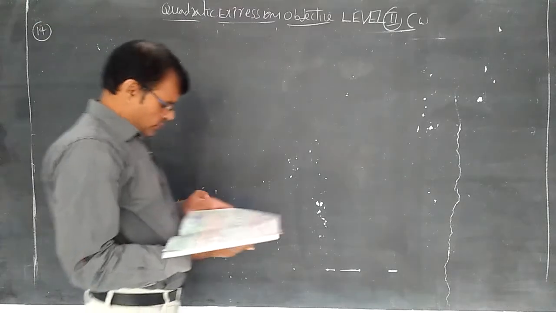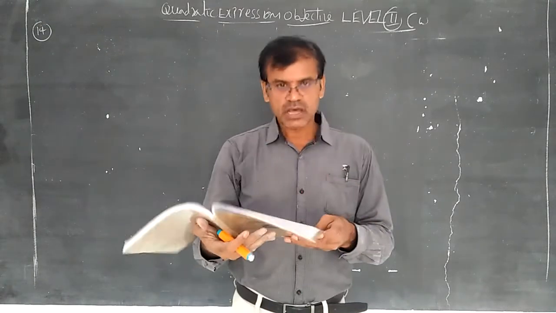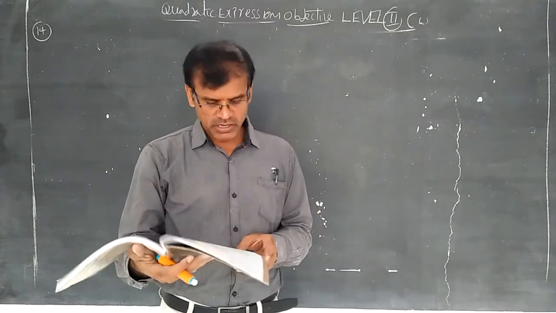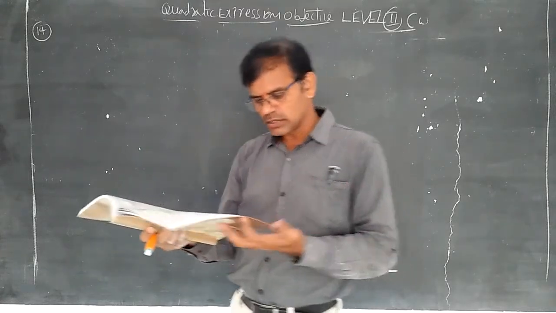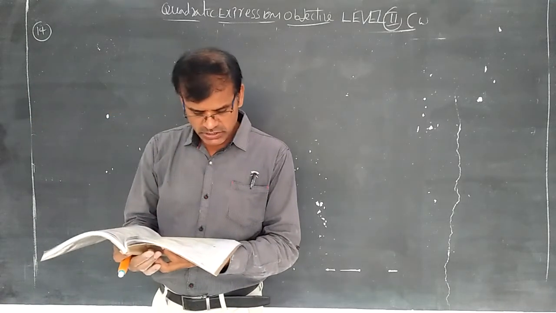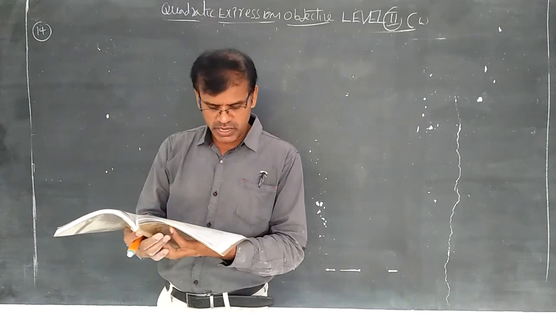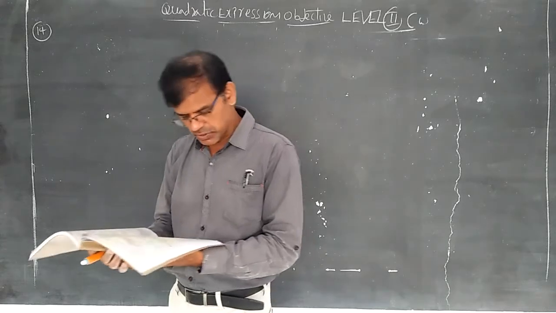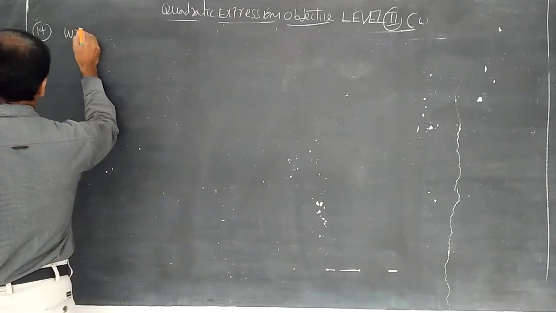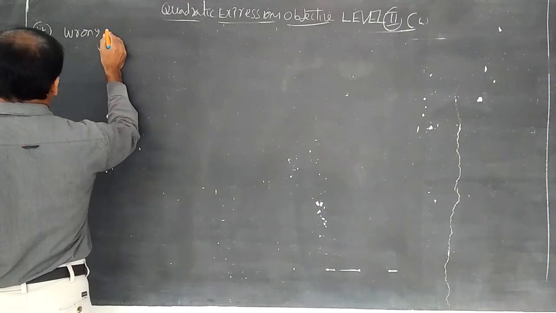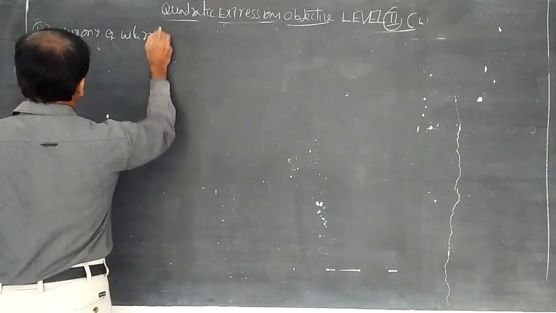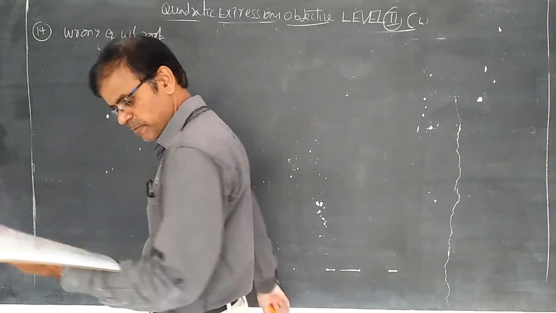Read the question. Two students, while solving a quadratic equation in x, one copied the constant term incorrectly and got the roots as 3, 2. The other copied the constant term and the coefficient of x square as -6 and 1 respectively. The correct roots. Wrong equation. With wrong roots.